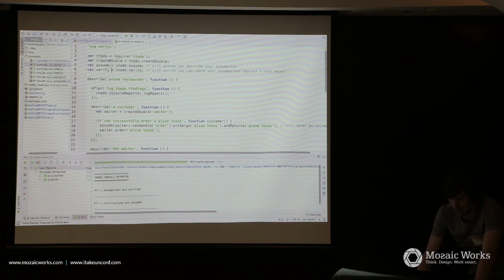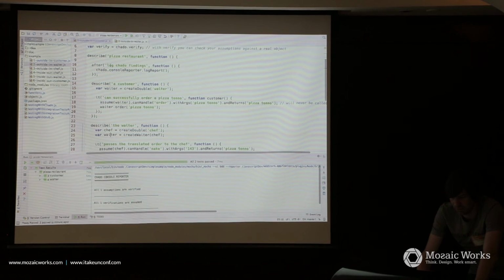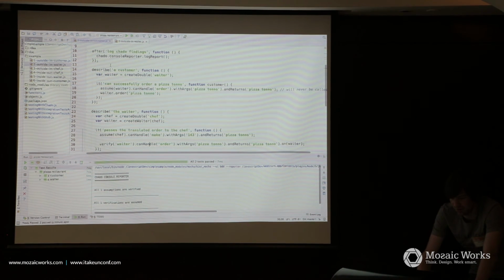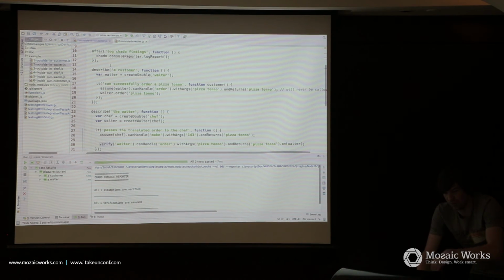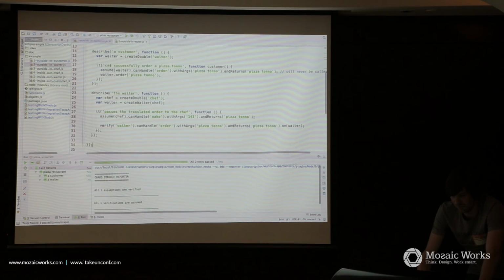So if you scroll down, what we have is our waiter, and we now pass a test double, the chef, to the waiter, and we verified here. But because the chef is a test double, we have to assume what the chef does. Maybe you can show the production code of the waiter.